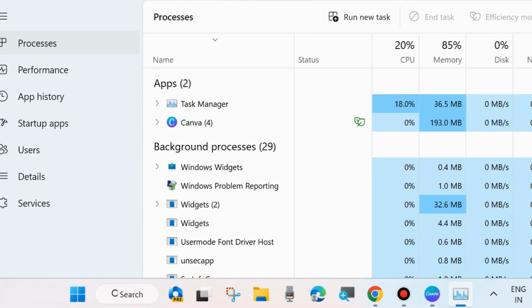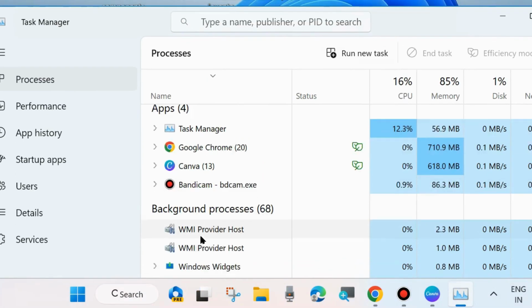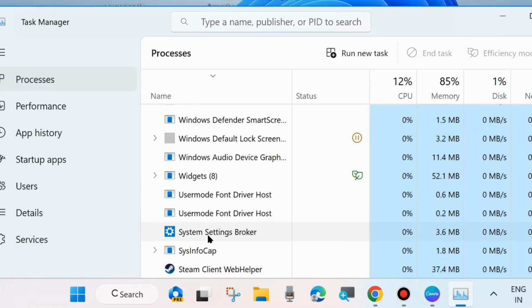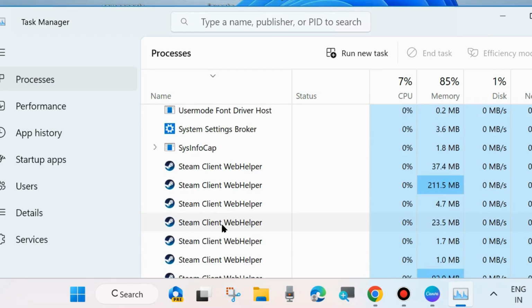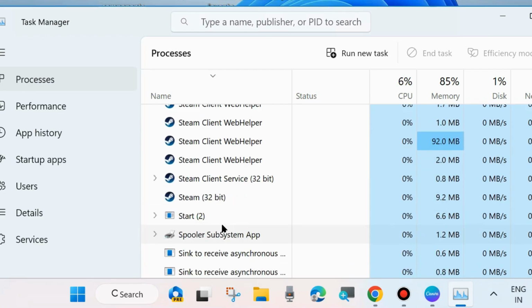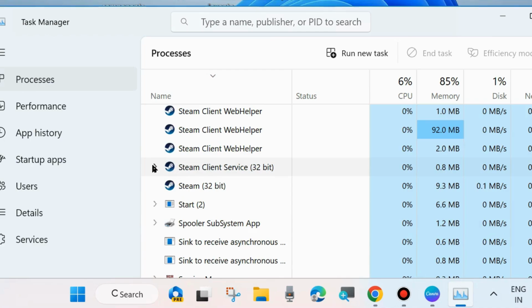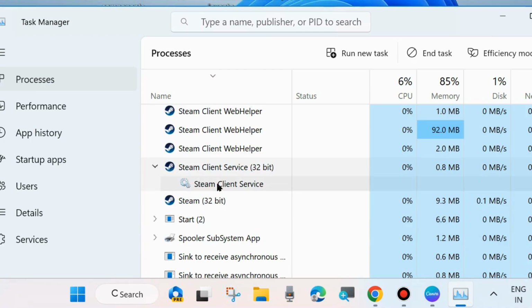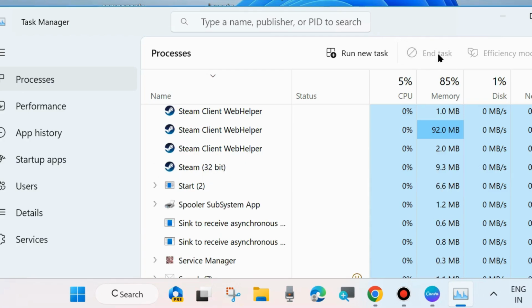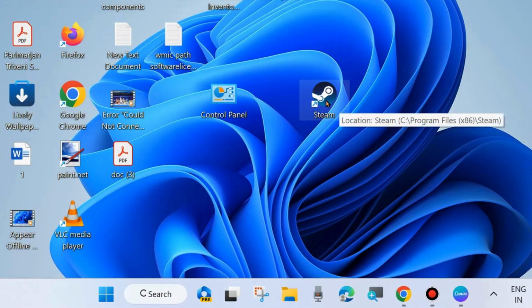Here look for Steam client services. You may type in the search field, otherwise just scroll down and manually search for the Steam client service. Simply select it and choose end task. After that, check whether your Steam gaming app is opening or not. Next fix,